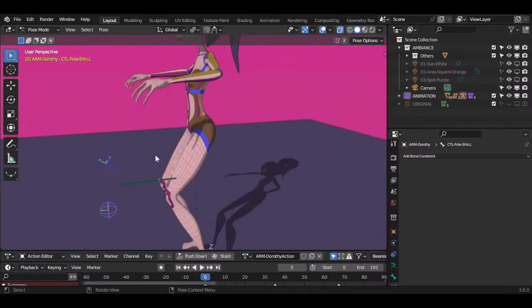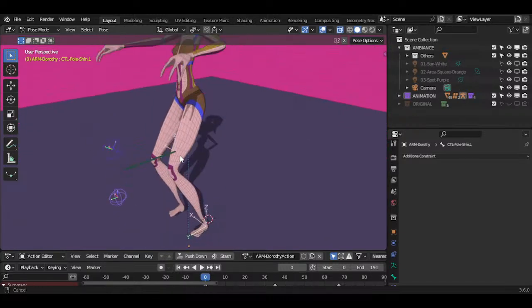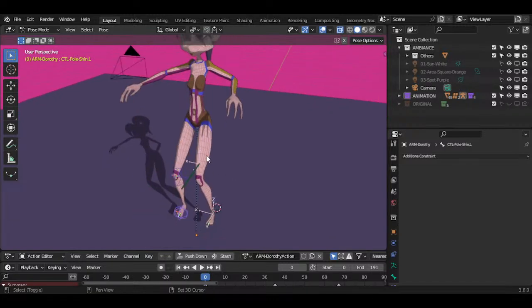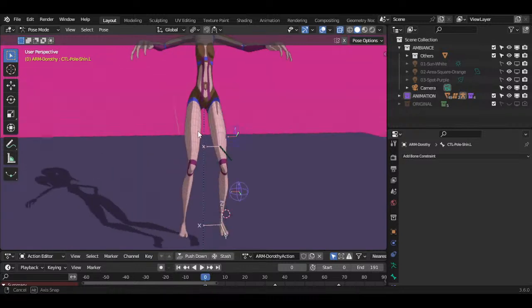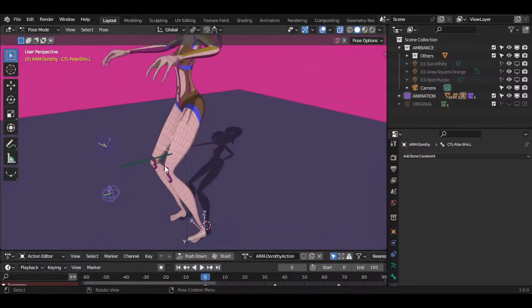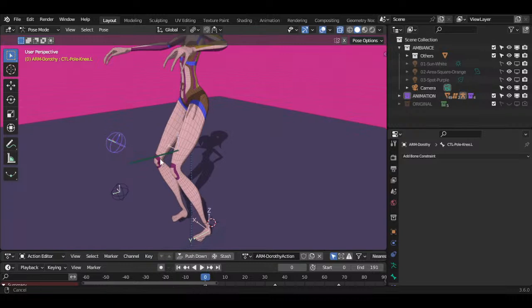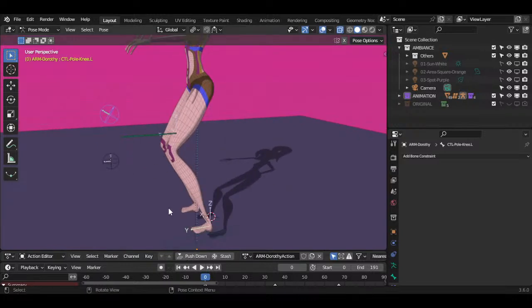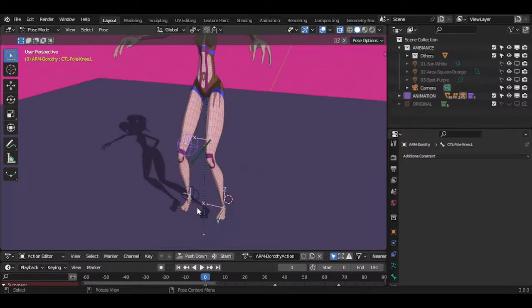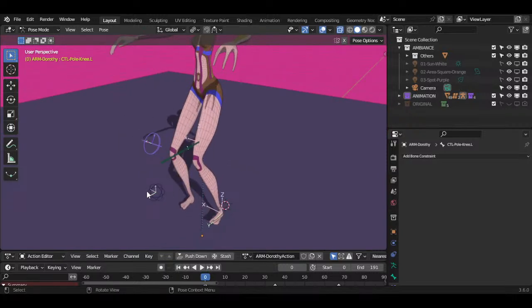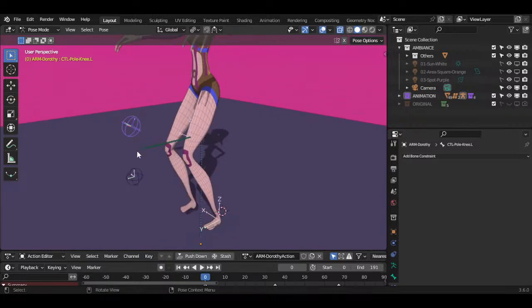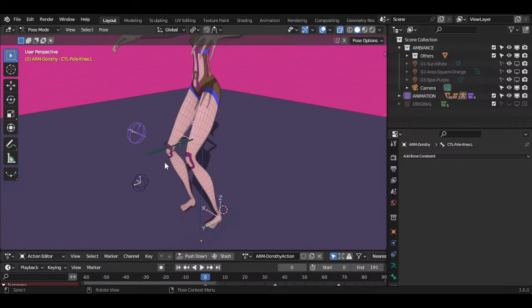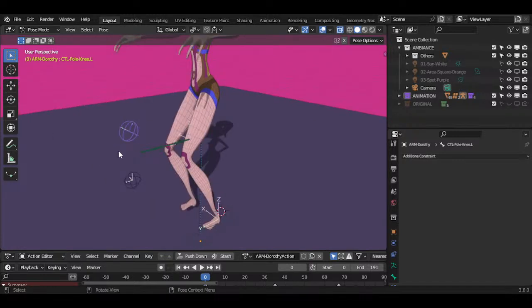So this time I still have this character that I'm eternally rigging. No, now it's getting faster. So there are a lot of things to do and I'm using it to learn and make more experiments and all that. So this time it's about automation of these pole targets, and in the video description I've put a link to a tutorial that already exists, about 3 years old, and that is a very good tutorial on some